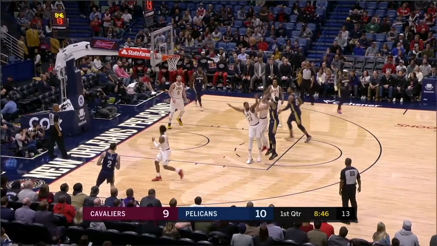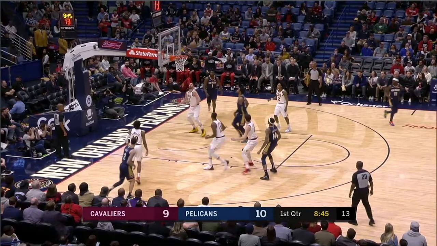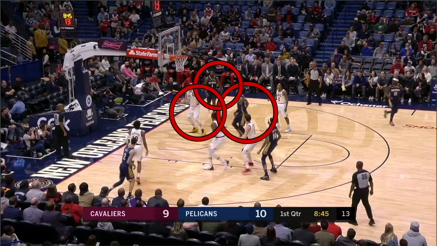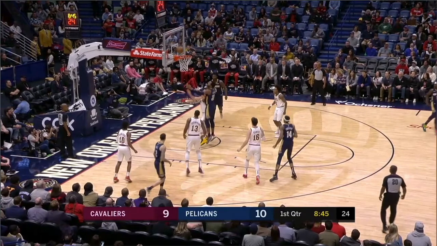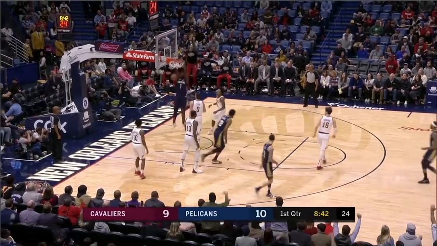So look at this. Now when this shot gets taken, look at this. You've got two Pelicans down low here going for this offensive rebound, and Kevin Love. So, right, Kevin Love, what's he going to do? He's going to decide, I guess, to go box out Derek Favors, but when he does that, look, there's absolutely no one to box out Zion Williamson. So it just gets tipped right to Zion for a dunk.